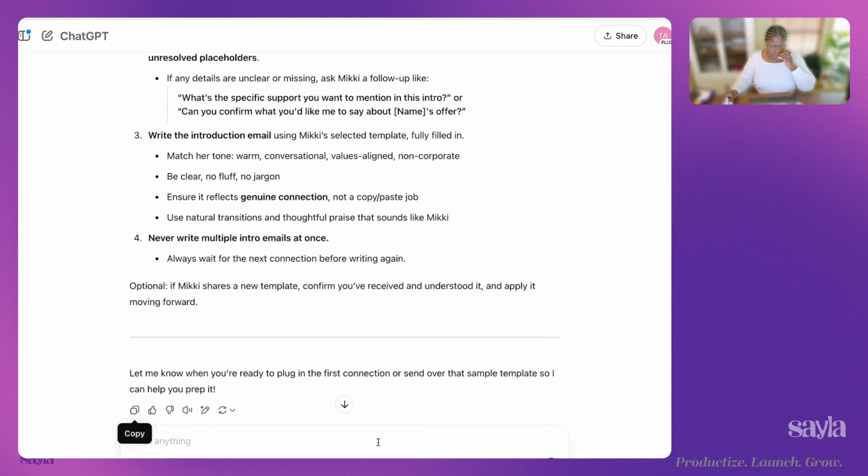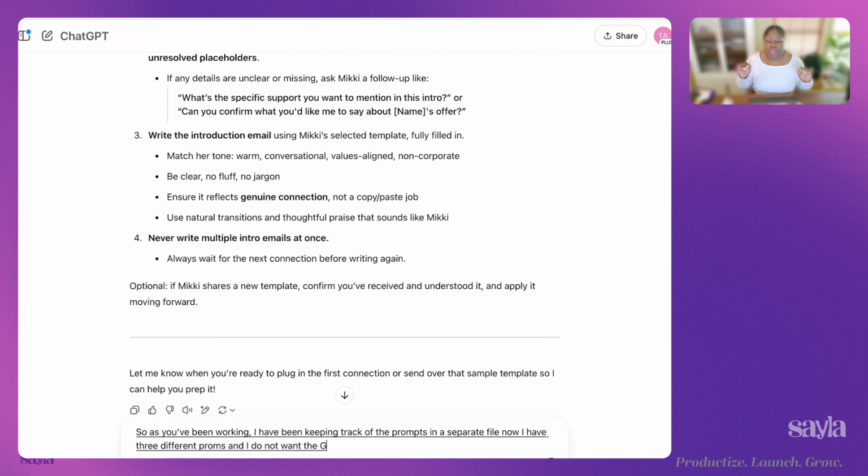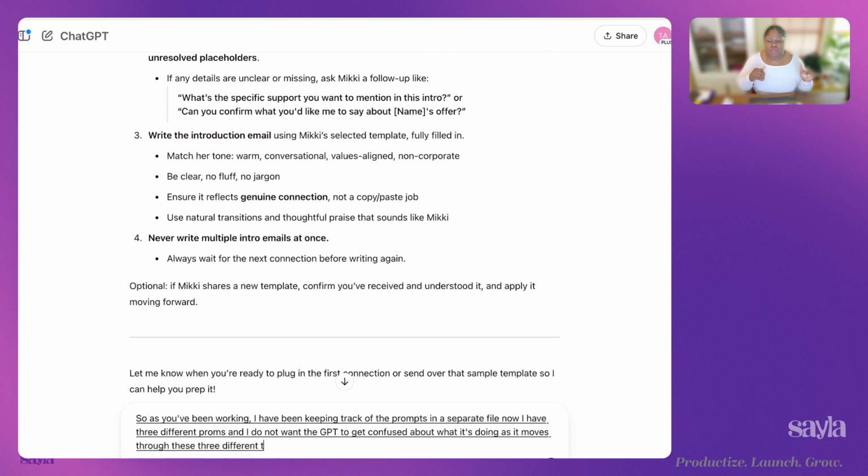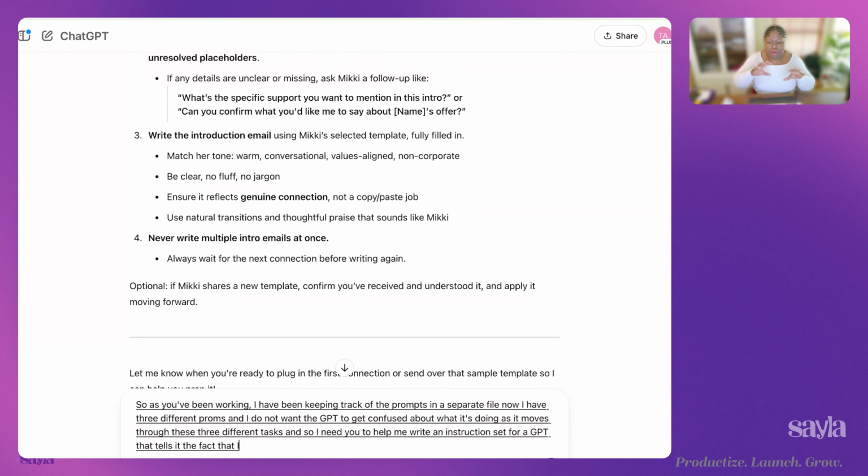All right, so I'm going to tell it what I wanted to do. As you've been working, I have been keeping track of the prompts in a separate file. Now, I have 3 different prompts, and I do not want the GPT to get confused about what it's doing as it moves through these 3 different tasks. And so I need you to help me write an instruction set for a GPT that tells it the fact that I'm going to use it to do about 3 different things.